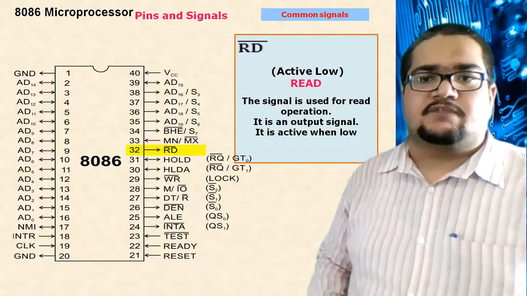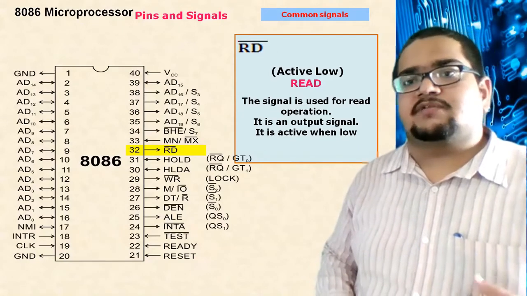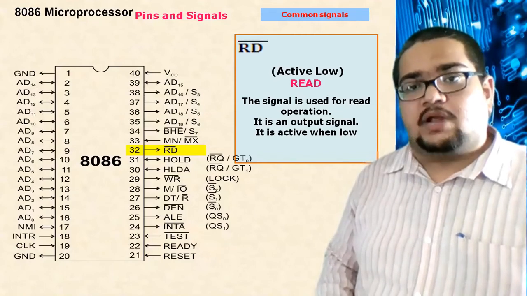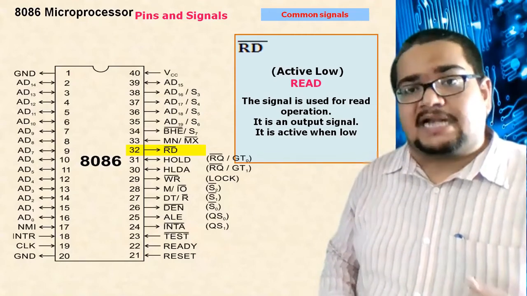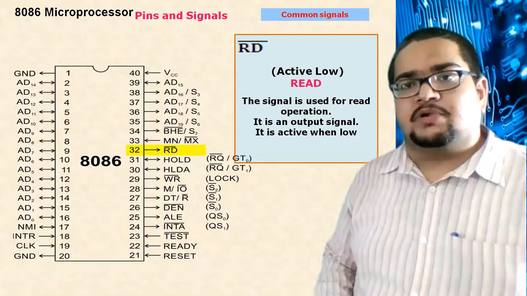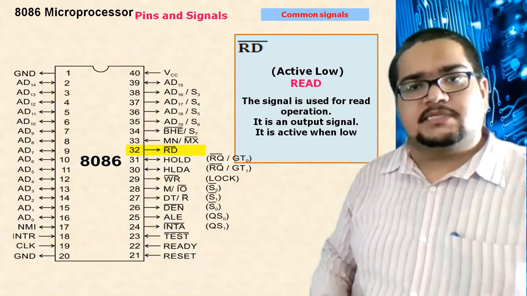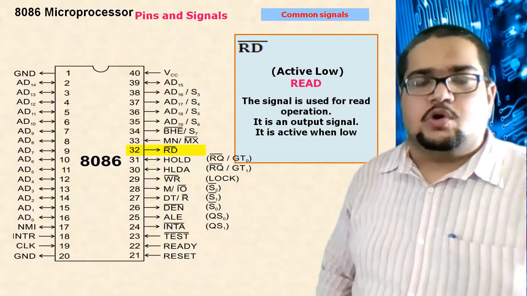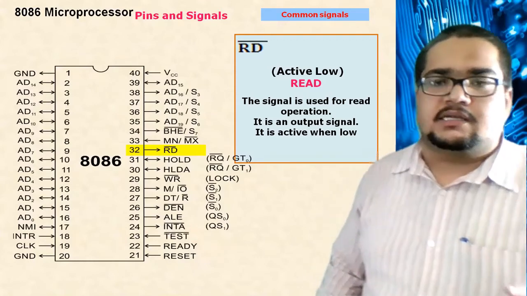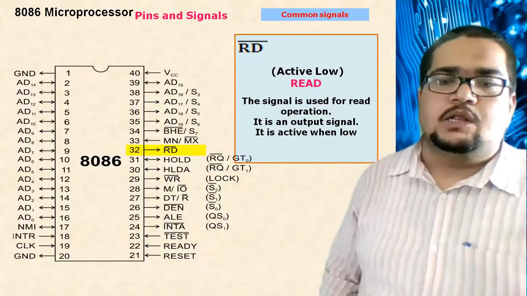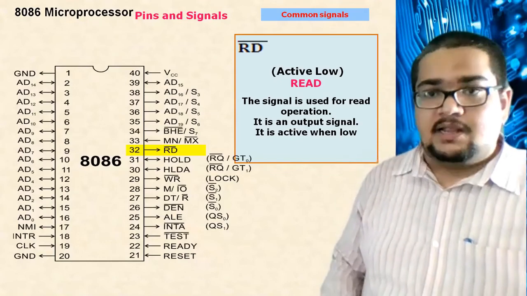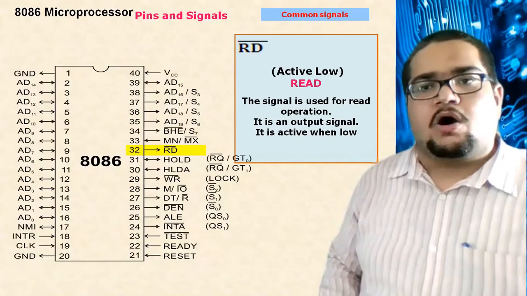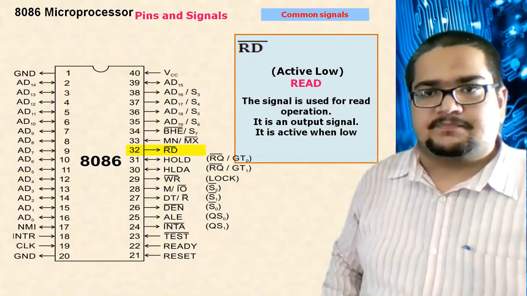Okay. The processor will read the data or the processor will write the data. The processor reads the data from memory and IO input devices, and the processor writes the data to the memory or output devices. Reading means taking in the data, writing means giving out the data. So it is a type of indicating signal to all the connected peripherals that the processor is currently reading the data from the memory or the input devices.